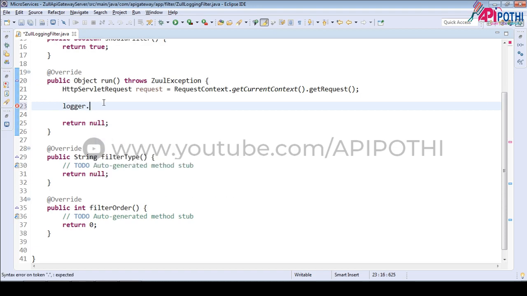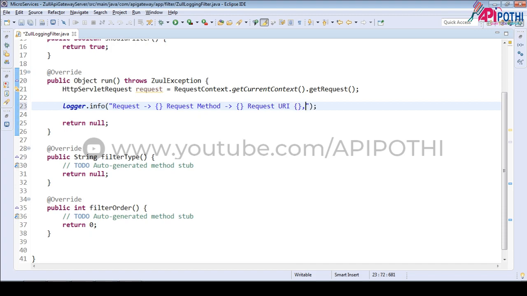Logger dot info. First, the request we want to print. Second, the request method, meaning which method it is trying to hit. Okay, let's print the request URI also.